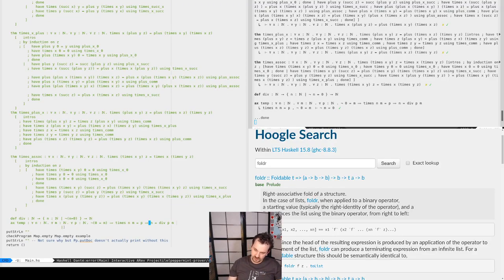Maybe there's a better way. Well, actually, that looks correct. No, actually, it doesn't define what div pm is if p is not divisible by m. Well, that's the problem.